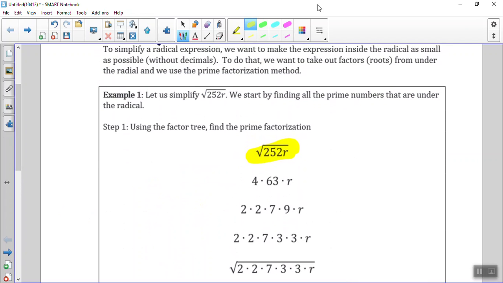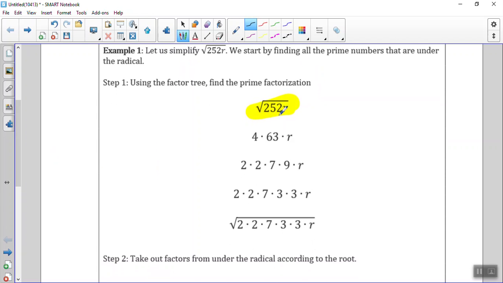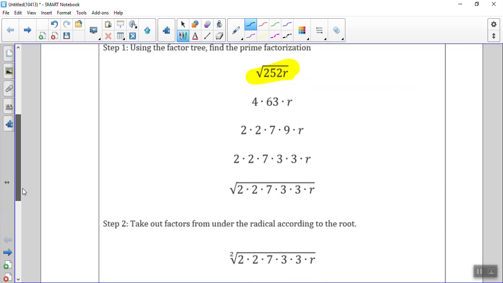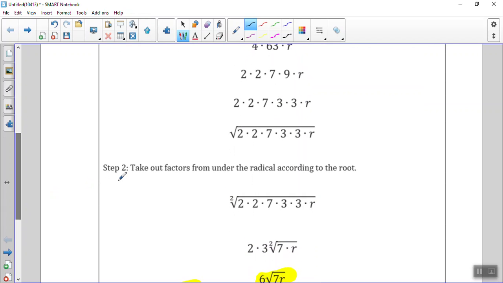All right, so the first example, it says let us simplify the square root of 252r. We start by finding all the prime numbers that are under the radical. The easiest way to do that is the factor tree. So we start with 252 and we factor it out, okay? And then after we have done the factor tree,